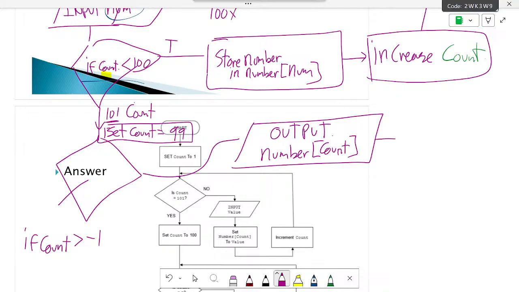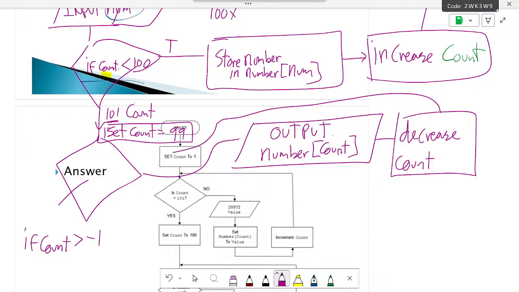We need to decrease the count. All right? This is a process, and then we need to loop down right here, and then this is the end. Okay, I wrote mine in Python. I think the example they did was in pseudocode. Okay, so basically,